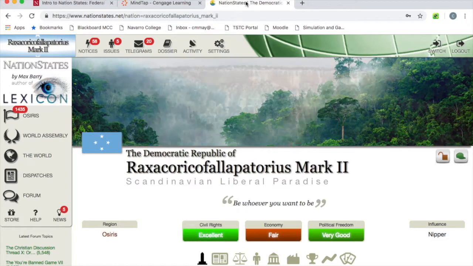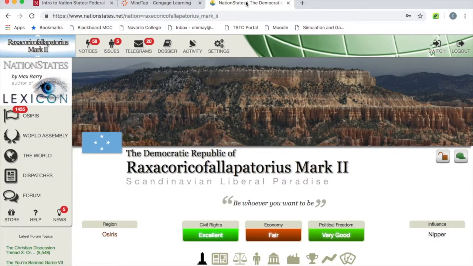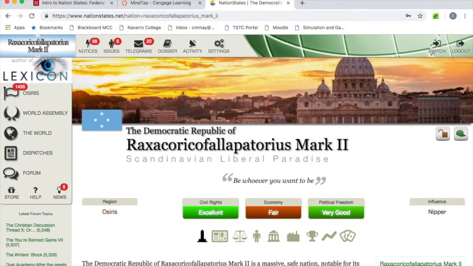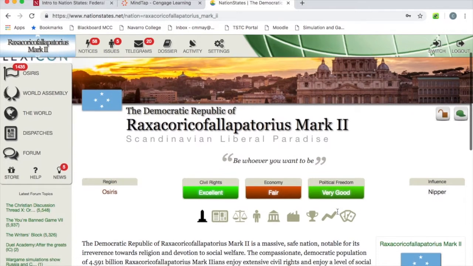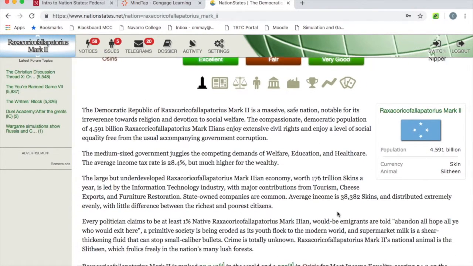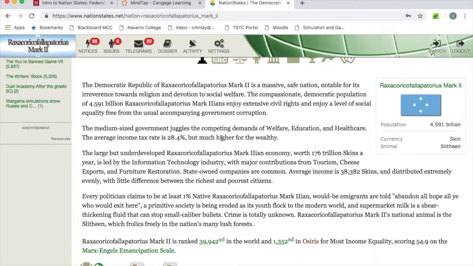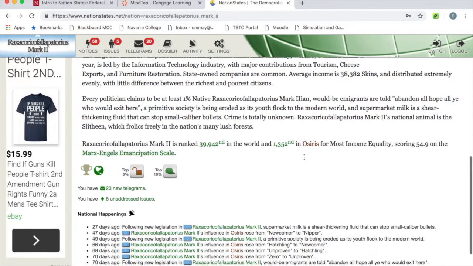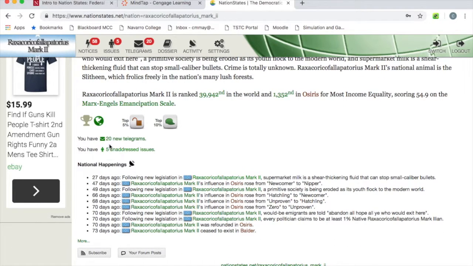So what I want to do is I'm going to show you my nation state. This is the home page that you'll get for your nation once you have it created. You can see here are various measures for how your nation is doing in that regard. They give you a bit of a blurb about your nation here that changes as you make decisions. You've kind of got your fact book over here, and that sort of thing. You have trophies for various things